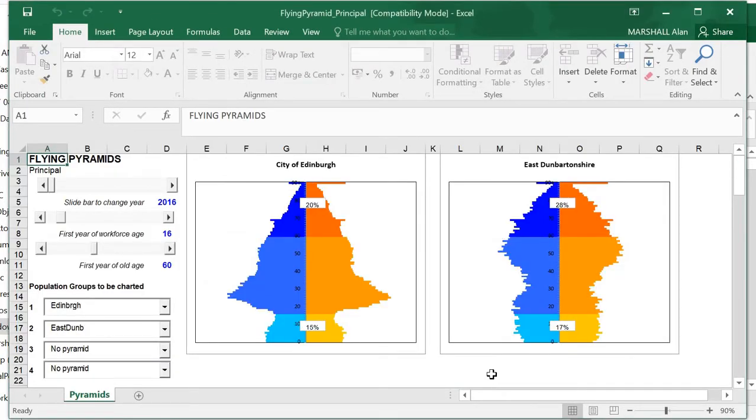So straight away we can see the very different age structures in these two areas. In particular, Edinburgh has this bulge of population in those young adult ages from 20 to 40, reflecting employment opportunities in Edinburgh, but also opportunities around study. And we can see an older population age structure in East Dunbartonshire, with greater proportions of the population aged over